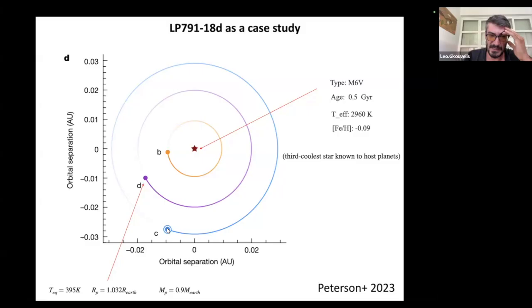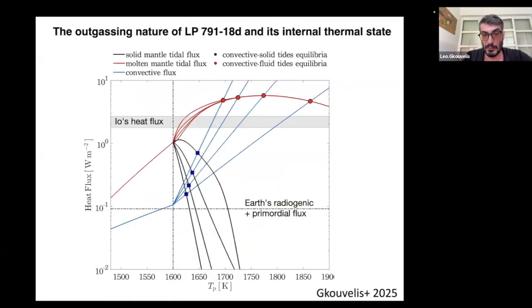And this C here is a sub-Neptune, so it's a planet a bit smaller than Neptune. And due to the orbital configuration of the system, we can estimate the tidal forces that apply to this planet D here, which we are interested in. And then we can do the following calculation. We can treat the tidal heat flux that